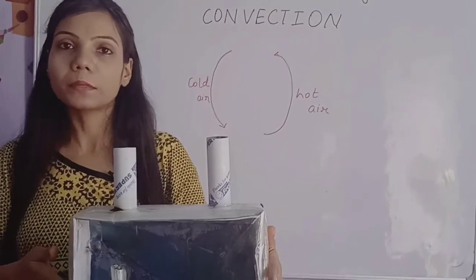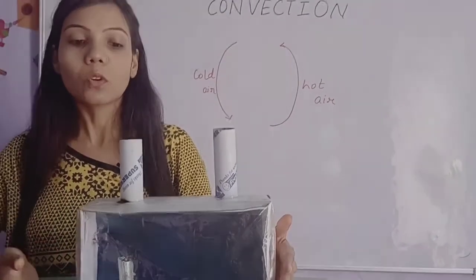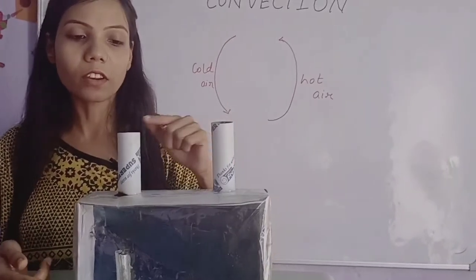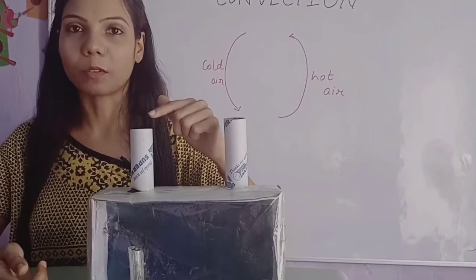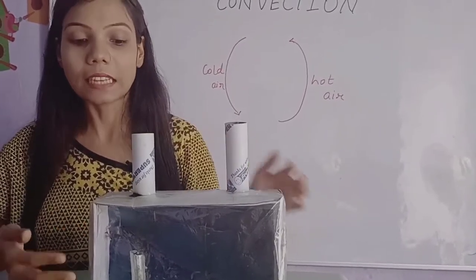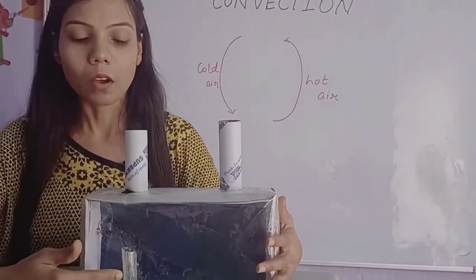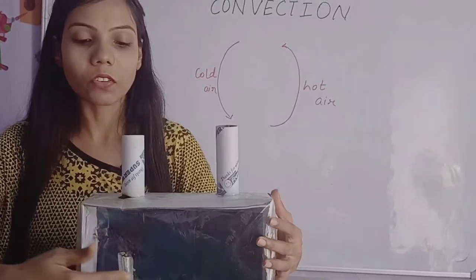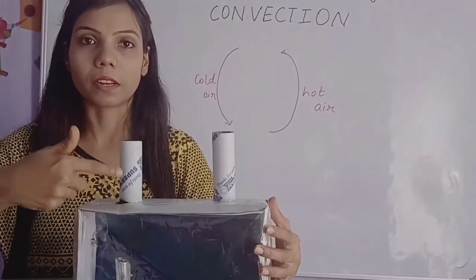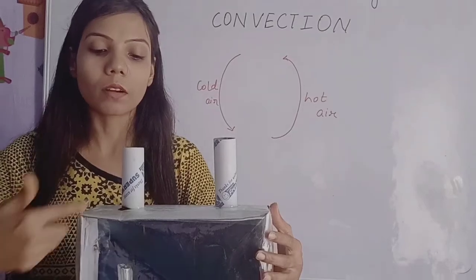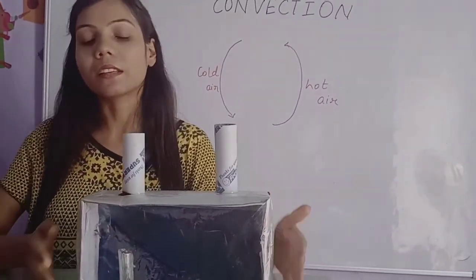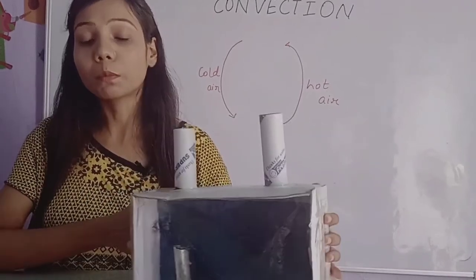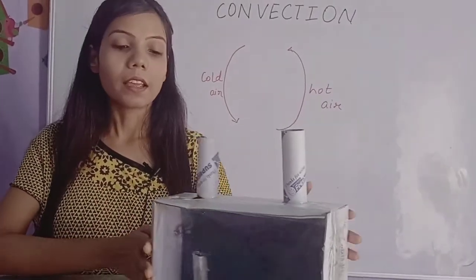So this was the end of this activity, and though the candle is not burning, you can still find that from this chimney some gases are still coming out, because inside the box we still have some hot air which is rising up from this chimney. This is the circular motion which is known as a convection current, which was taking place in gases in the form of smoke coming out of the candle.